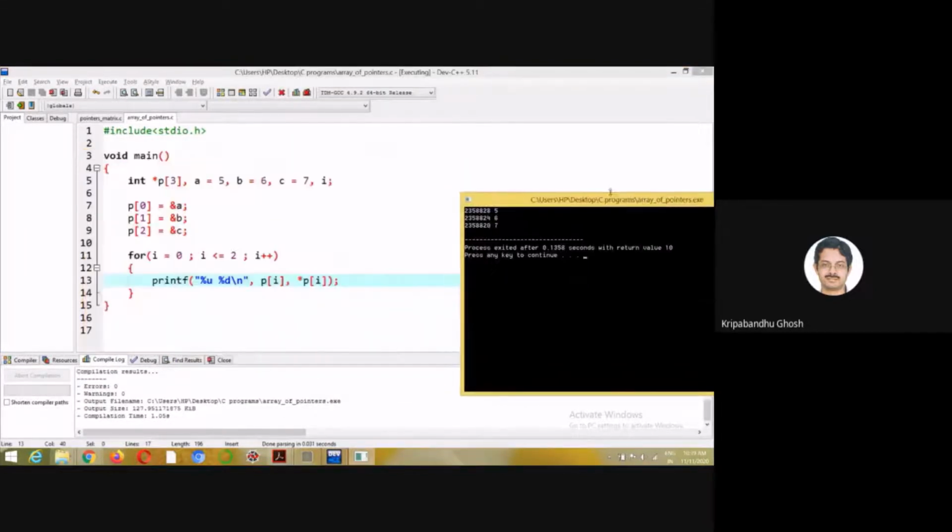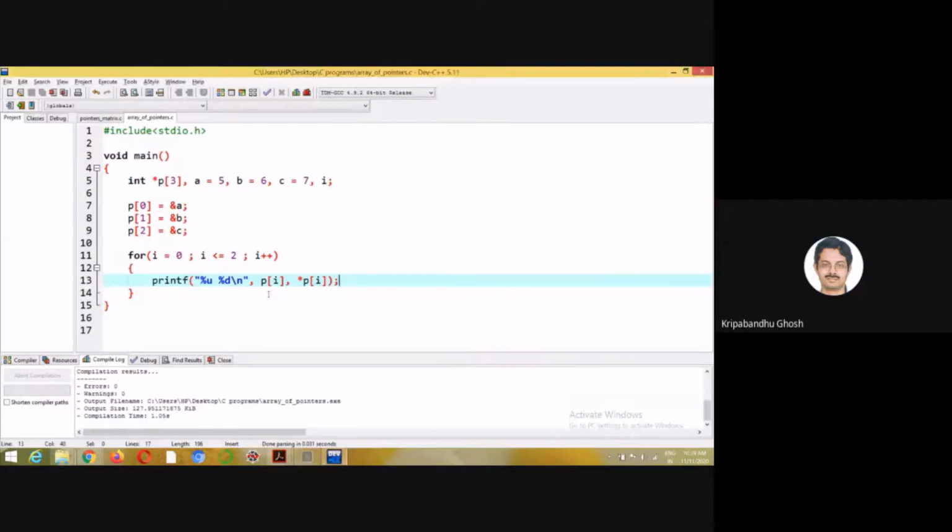That's what we are getting, right? This address is allocated by the compiler. So this is at 282. You see these are not contiguous: 28, 24, and then 20. Since this is not an array. And 5, 6, 7 are the values at these addresses. So these are basically the values of A, B, and C, right? But what if I do this?